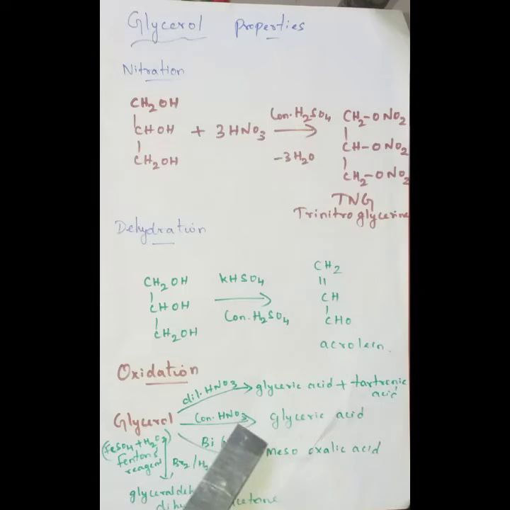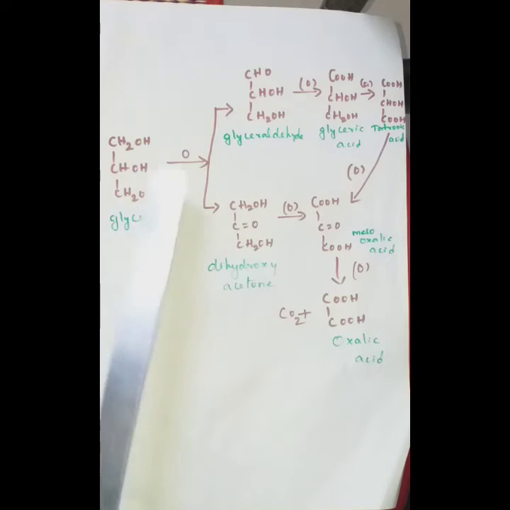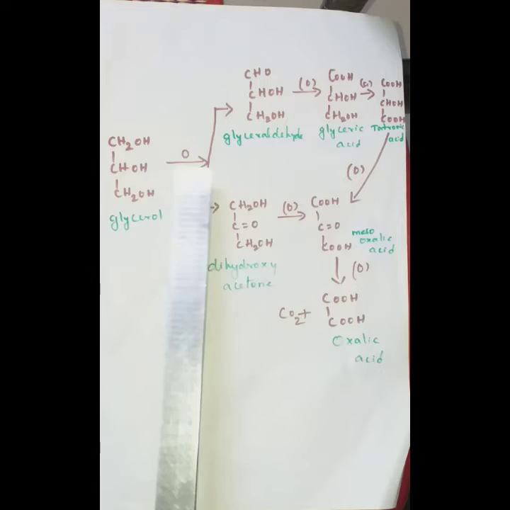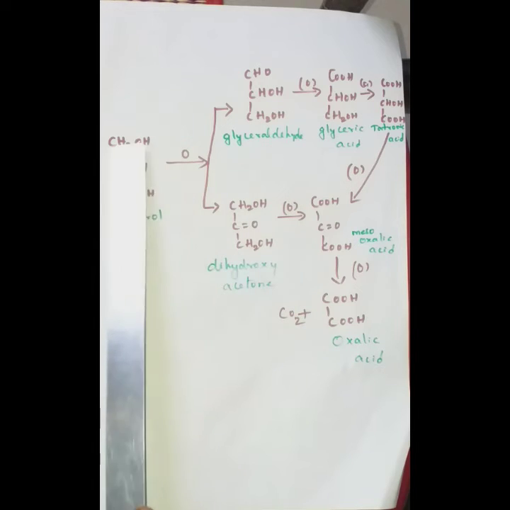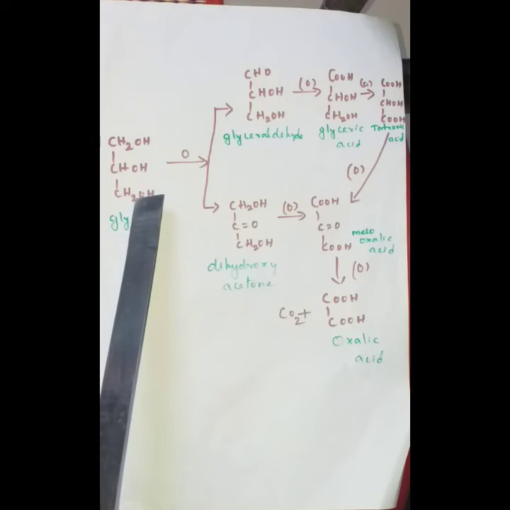These equations I will show on the next page. So the oxidation of glycerol is very, very important. So the next question, the glycerol oxidation, is an important one. Explain the oxidation of glycerol. In glycerol there are two primary OH groups and only one secondary OH group. So when glycerol is oxidized, first you have to take the first carbon, and the remaining second and third carbons remain as they are.